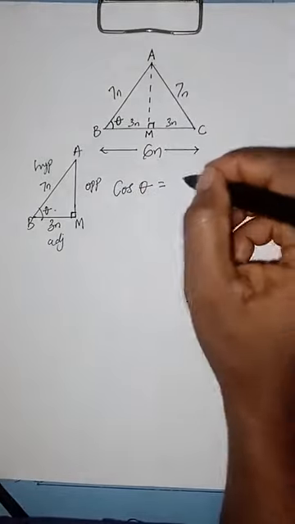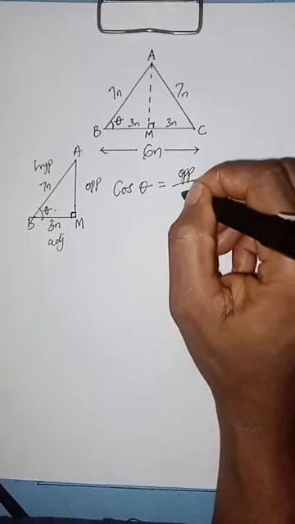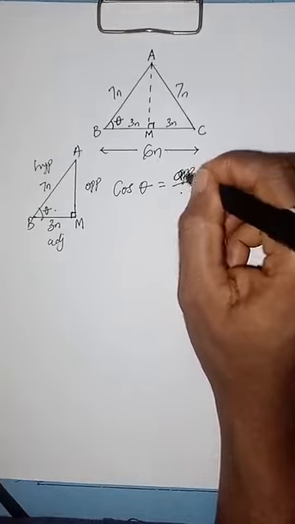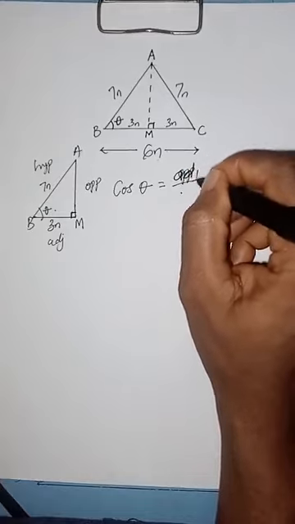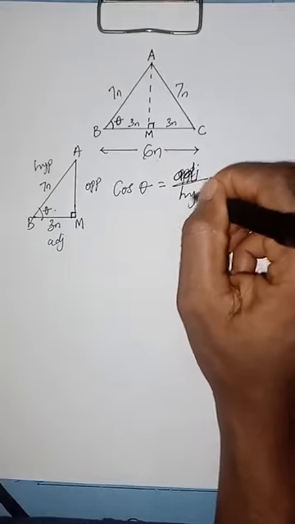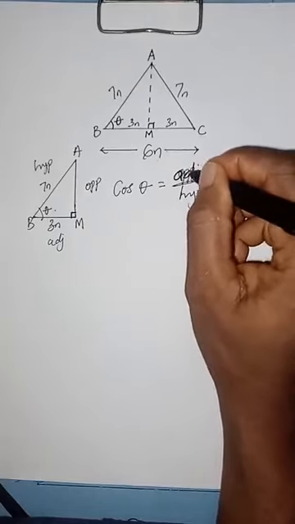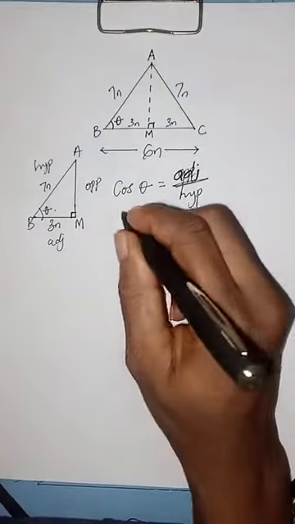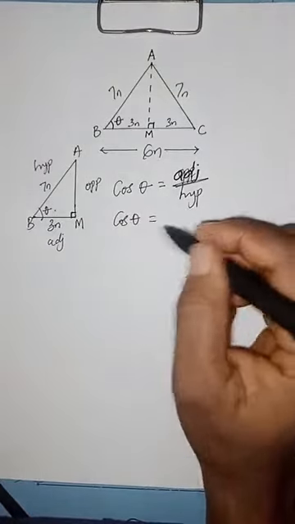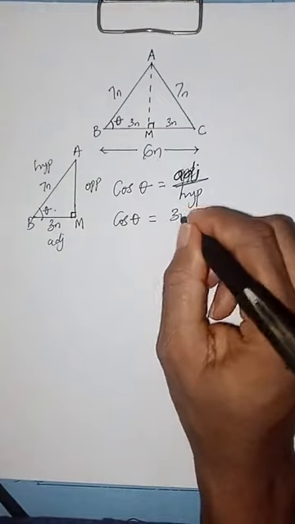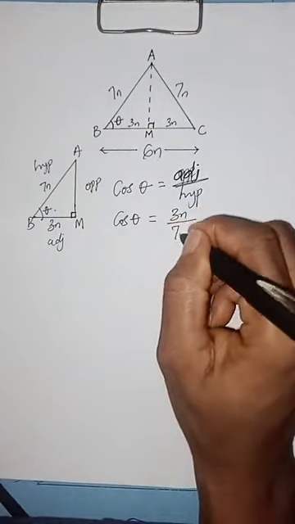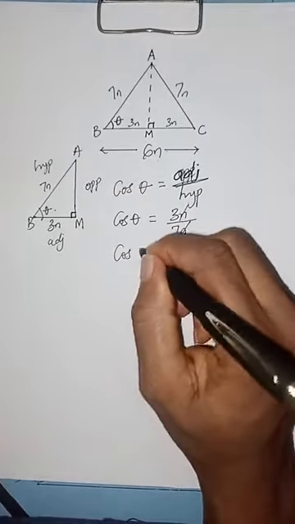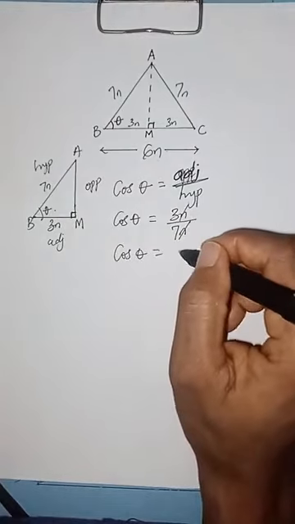Cos is adjacent over hypotenuse. So this is your adjacent, and this gives you cos theta. Your adjacent is 3n, and your hypotenuse is 7n. Automatically, the n will cancel out. And so you'll have cos theta equals 3 divided by 7,